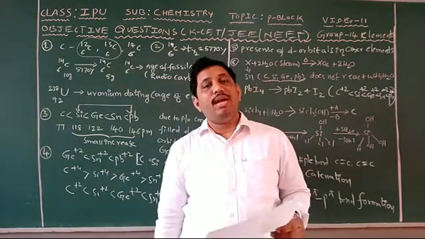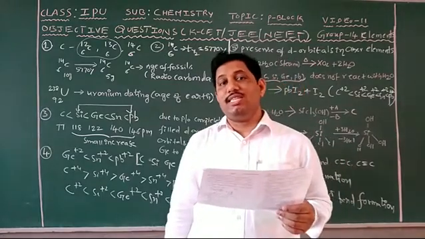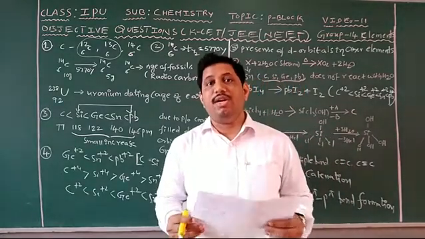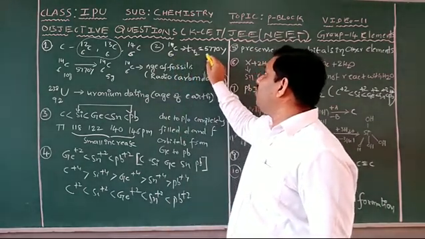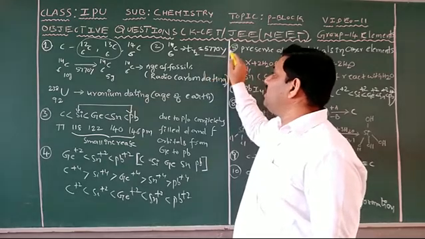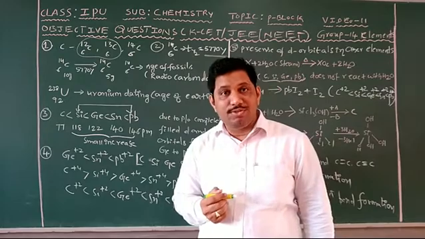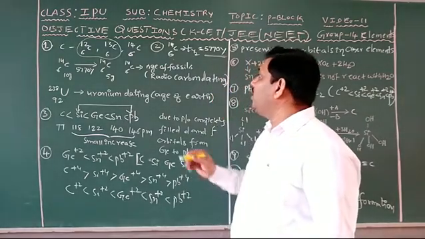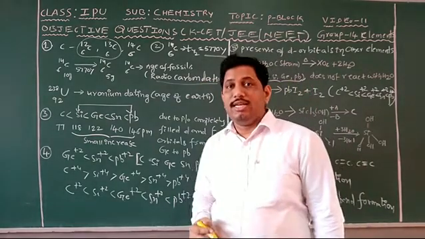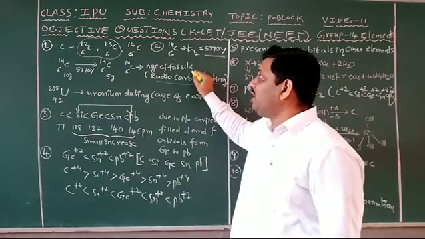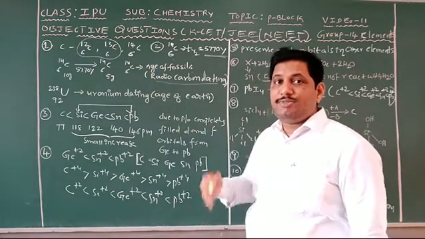Which of the following isotopes with the half-life 5770 years can be used for radiocarbon dating? Generally, students, carbon-14, whose half-life is 5770 years. This carbon isotope, carbon-14, can be used for radiocarbon dating. That is, the age of fossils can be determined by using the carbon-14 isotope. Hence, this phenomenon is known as